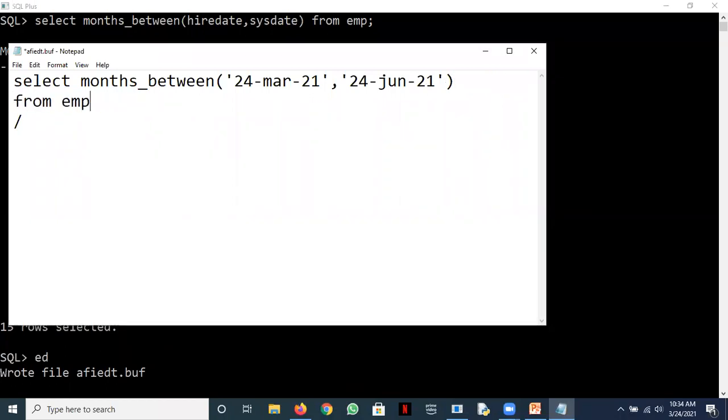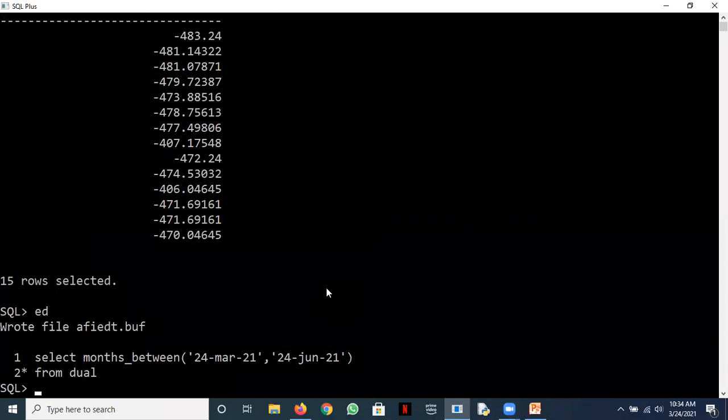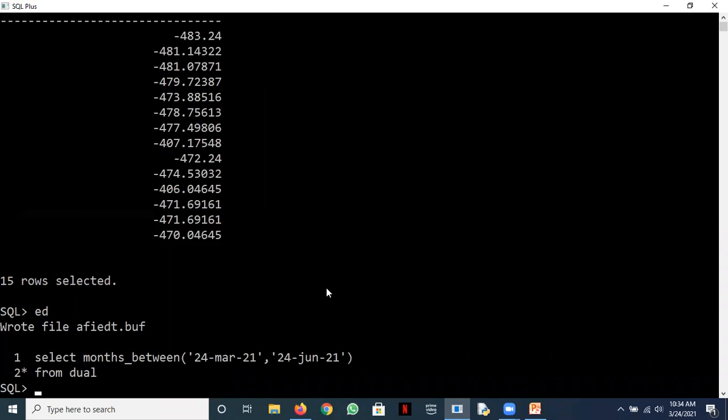So this we can pick up from dual. Okay. What is the answer in this case now? All of you should try. Raise your hands to answer this. I'm simply asking how many months are there between these two dates. And I told you it is the first date, the first argument, minus the second argument.